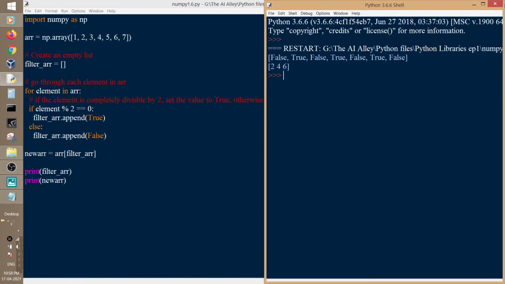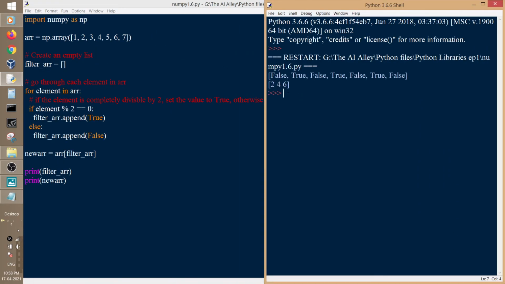So let's do a side-by-side comparison. You can see the values of the condition satisfied, that are 4, 6, 2, 4, 6, which are the only even numbers that are present in the array, and only those indexes have been labeled as true.